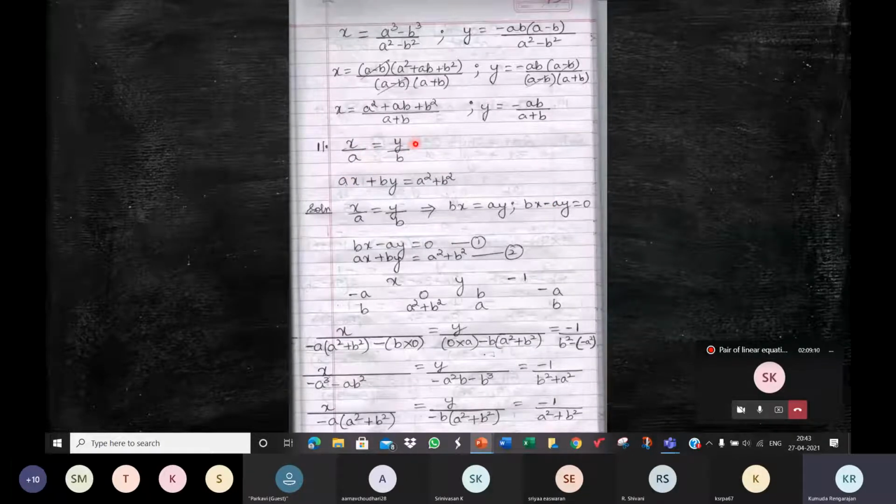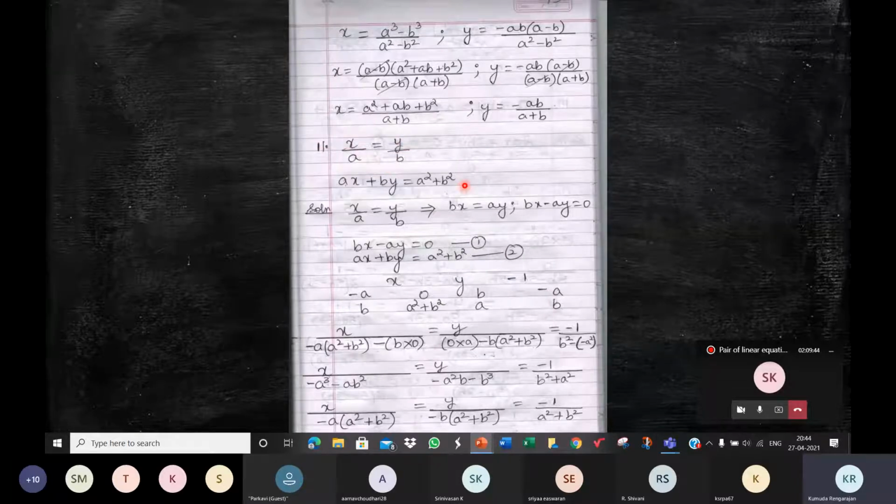X and y are in the numerator. So you can treat them, you can take them as they are. You don't have to simplify them also. You don't have to bring them like this. But when you take it as it is, you must be careful with the coefficient of x, 1 by a. The coefficient of y will be minus 1 by b. The constant is 0. Here the coefficient of x is a. The coefficient of y is b. And the constant is a square plus b square. So that's what you'll have to reflect here, if you take the equations as they are.